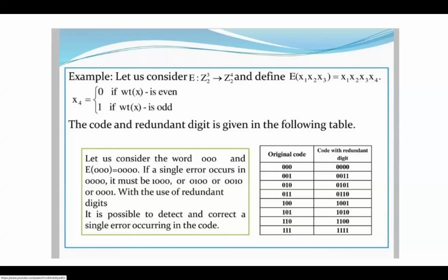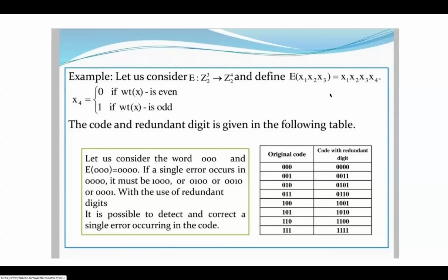Okay, here it is given as group codes. These are the group codes, and we have to transform them from a 3 sequence to a 4 sequence. It is x1 x2 x3, and depending upon the condition we add x4, giving x1 x2 x3 x4.